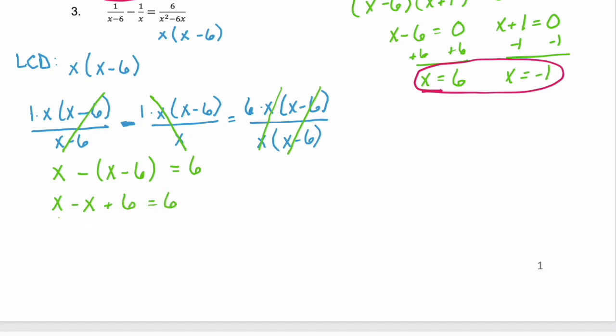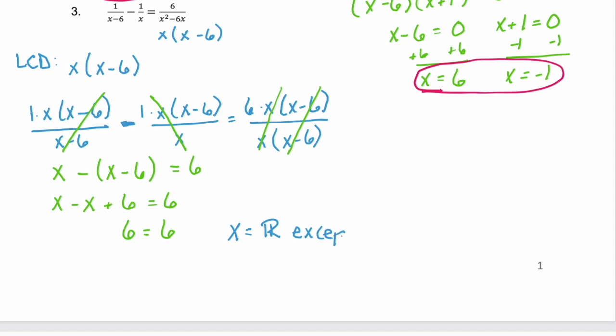Simplify the left-hand side, x minus x, they cancel each other out. We're left with 6 equals 6. And your brain is probably thinking, oh no, what did I do wrong? You did nothing wrong. This is an identity, right? The left-hand side is exactly equal to the right-hand side. That means the solution is technically all real numbers, anything from negative infinity through infinity. However, we can't have a denominator that is 0. So we can say that x is all real numbers